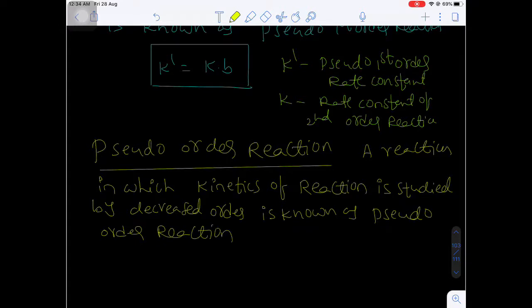Is known as which order reaction? Pseudo order reaction. And it happens